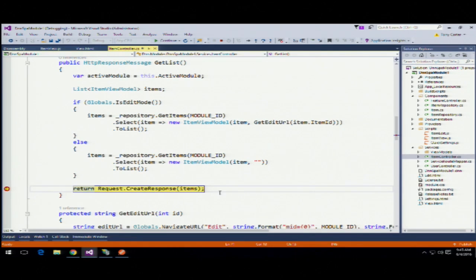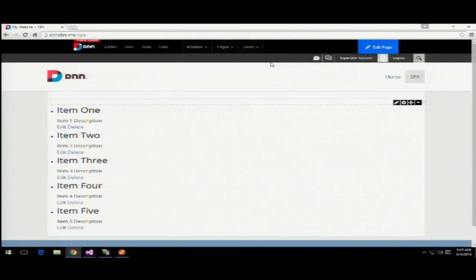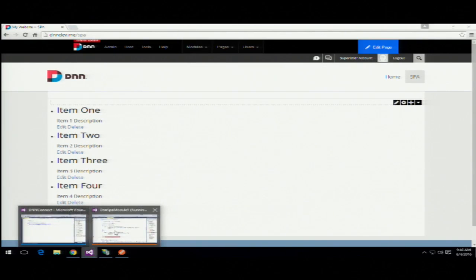So this is what's going to happen. Now I've got my items. It's sending the items back. I'm in the API. This is just standard SPA module stuff. So now if I go to my mobile app,